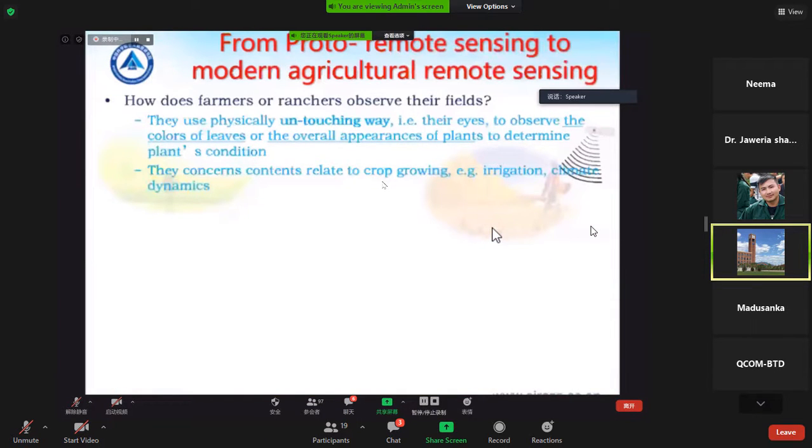Okay, first of all, let's think about a question. How do farmers or ranchers observe their fields? Generally, most of them use their eyes to observe the overall appearance of the crop plants, such as the color of the leaves, to determine the current crop growth condition, and then they implement the relevant management measures based on their experience, such as